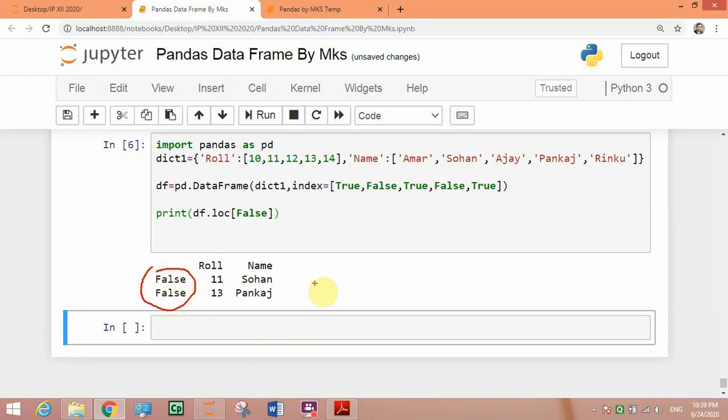So this is the concept of Boolean indexing. This index is given as Boolean values. Boolean values are called true and false values.